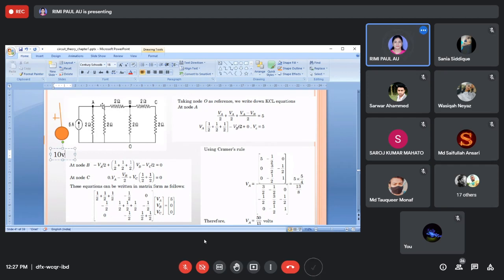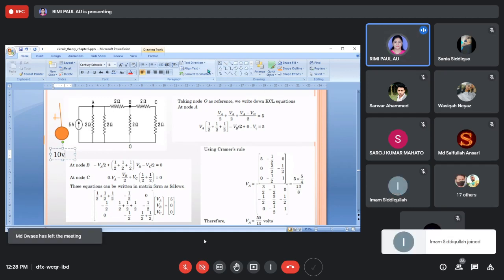Two node. Here also you have to consider VA. So VA minus 10 volt by 2, VA by 2, VA minus VB by 2. That just equation will change, right? So what I am telling, that suppose